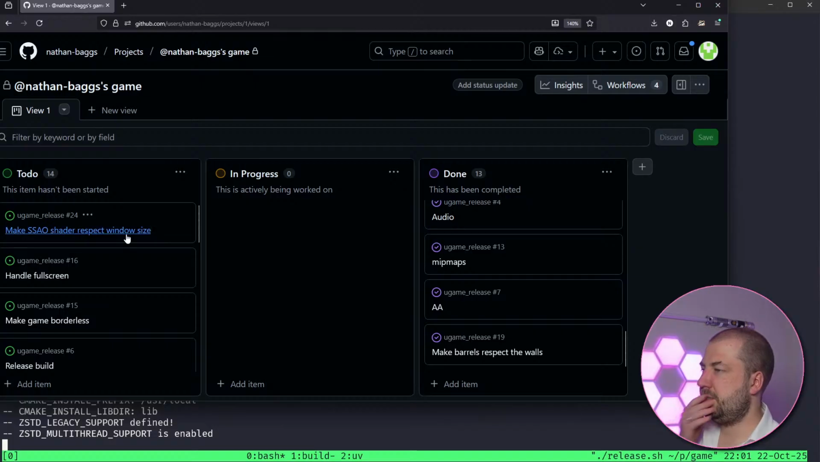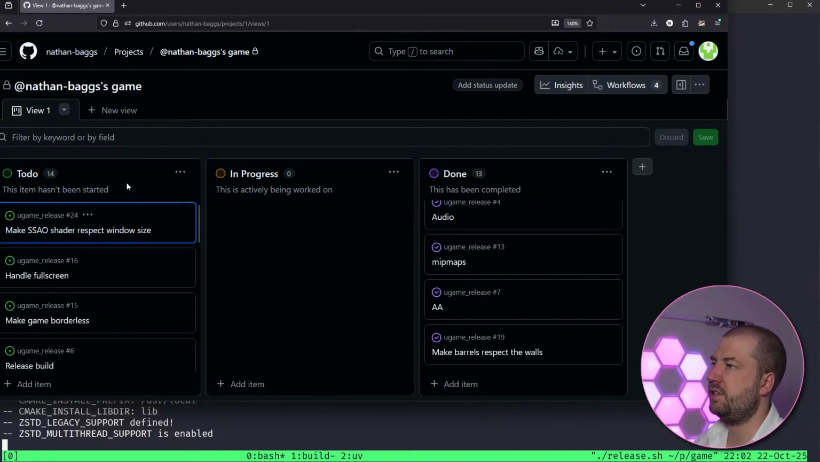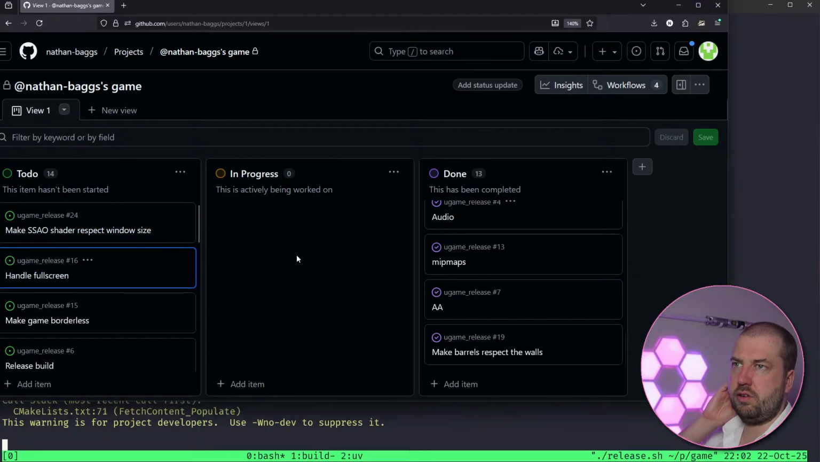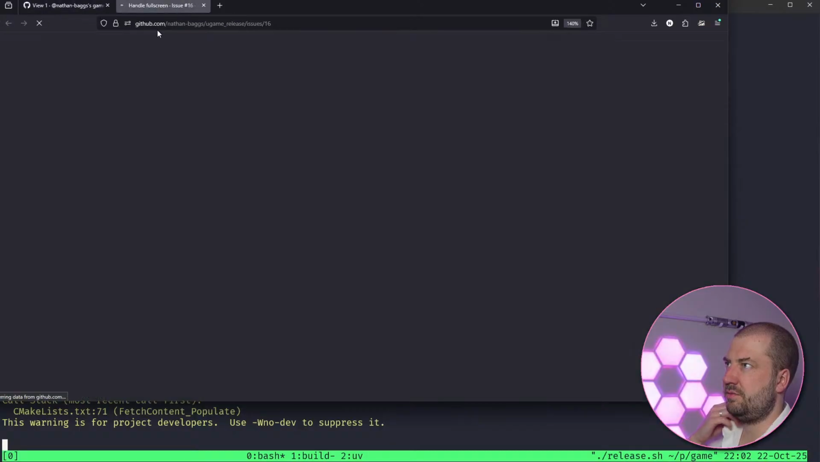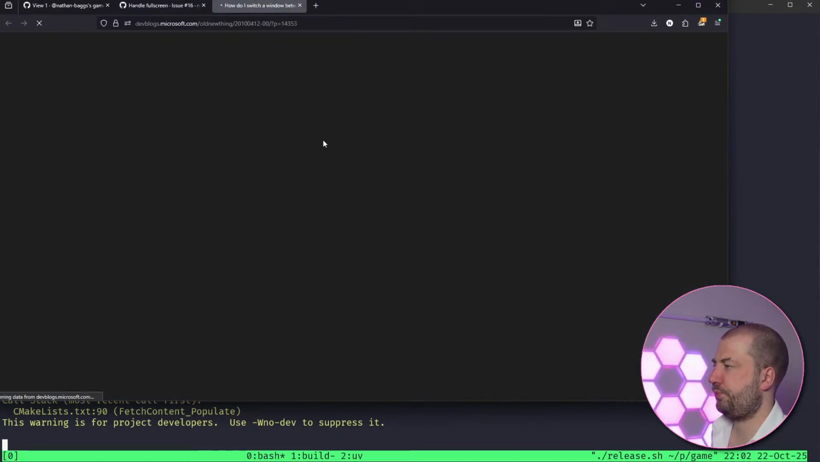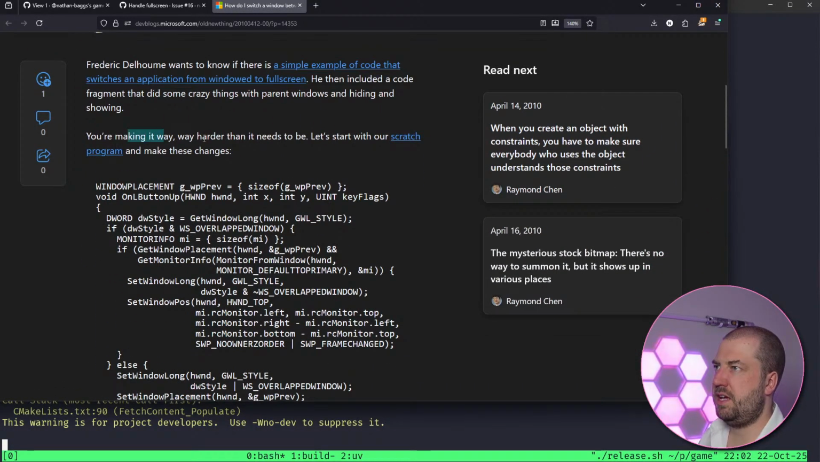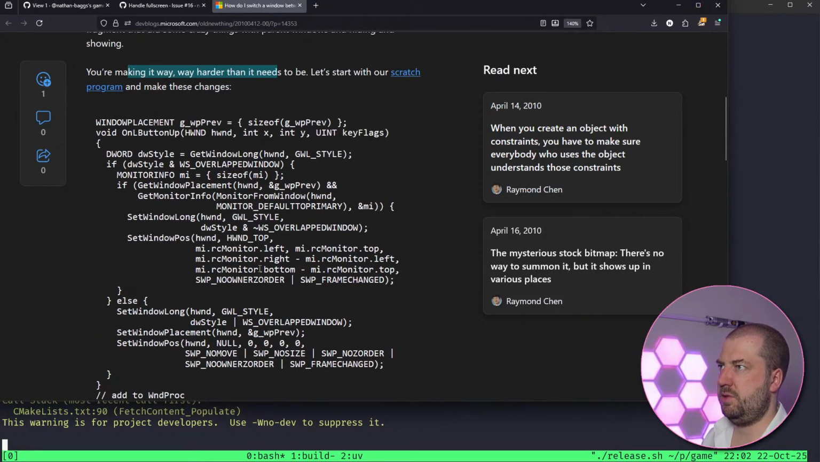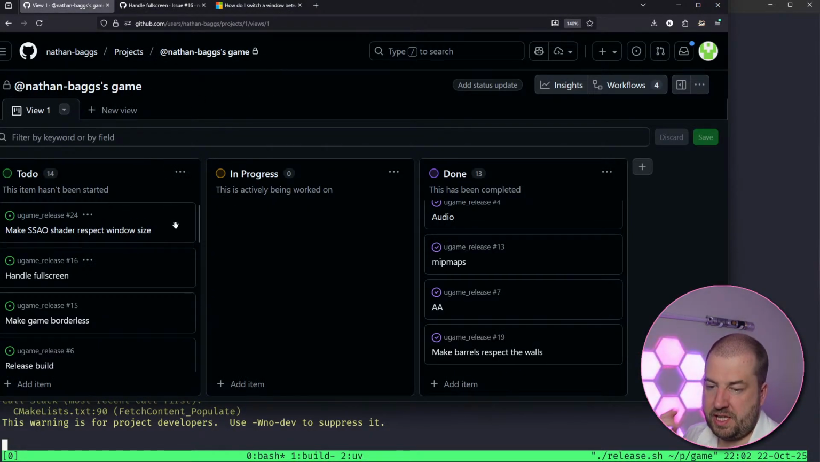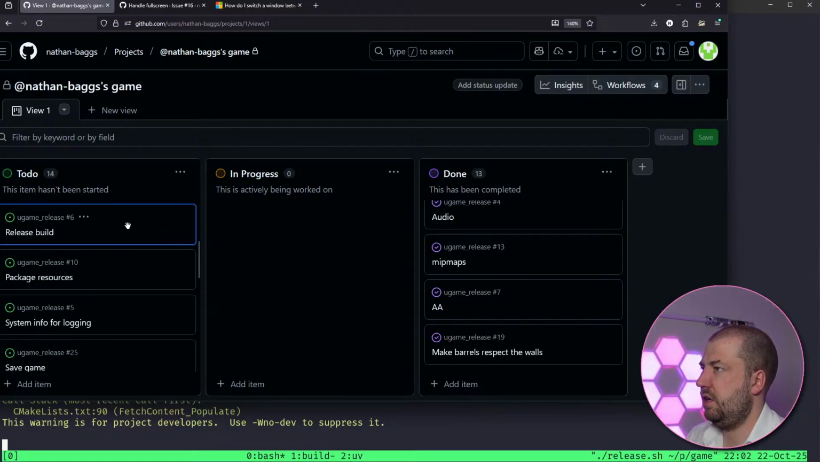Well, this is it. So next, we've got some bugs we need to fix. So make SO shader respect window size. Then we need to handle full screen. I think, Harand, didn't you comment on this? Yes. So I'm going to go through that. Because apparently I don't need to make it as hard as it needs to be. So we're getting a crib from that code, which is pretty sweet. So we're going to fix that, handle the full screen, make the game borderless, figure out the release build,